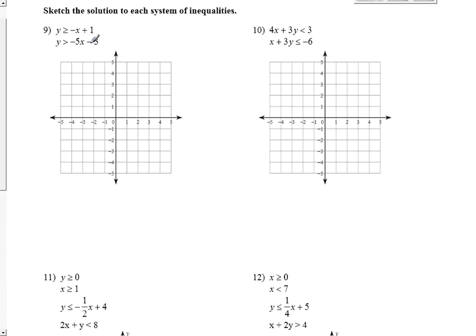Okay, here is number 9 through 12, and we are solving systems of inequalities, which means we will be graphing some lines here, and the shading. We are looking for the overlapping of the shaded parts for our solutions. So right now, in number 9, both equations are written in y equals mx plus b format,